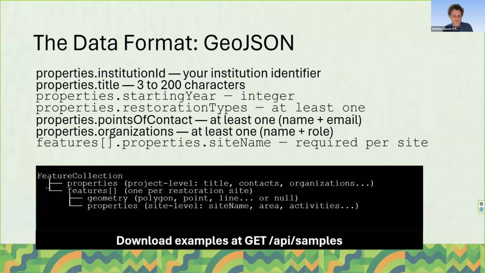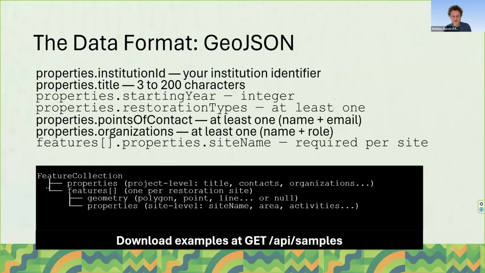Okay, let's go a bit deeper into the data format. The data format we chose for the API is GeoJSON because it fits quite well with our data model. If you're familiar with JSON, GeoJSON is simply a text-based format for geographical data. It combines JSON, which stores the structured information, together with the geometry that represents the location on a map. In our specific case,